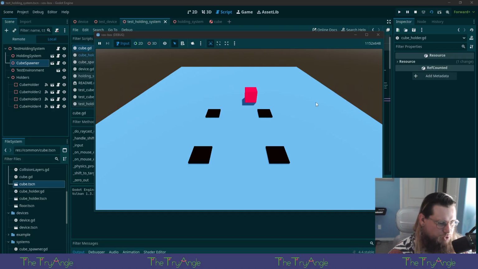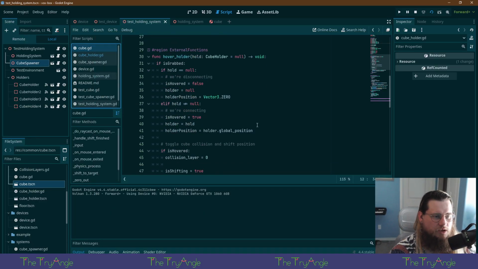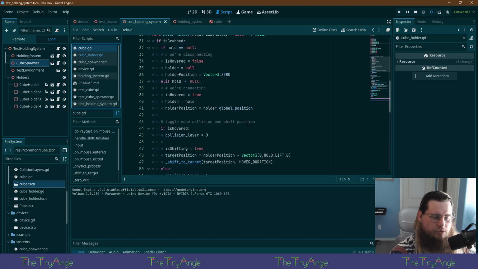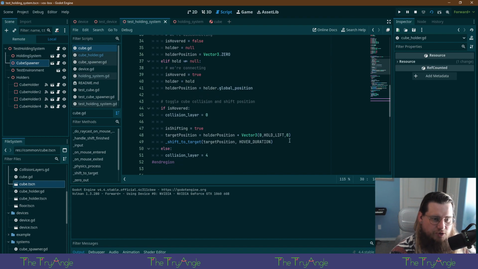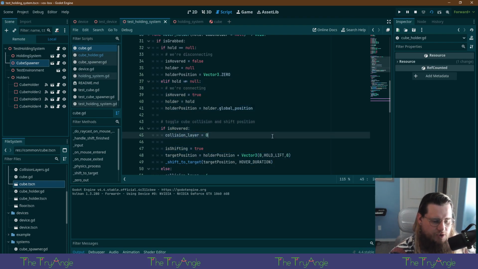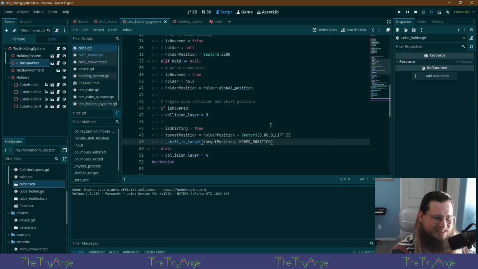I figured out a solution. So beforehand, the issue we were having is that the only way to exit hover was to happen here, this function called externally. Of course, if we don't trigger that function, then we couldn't exit. So instead,